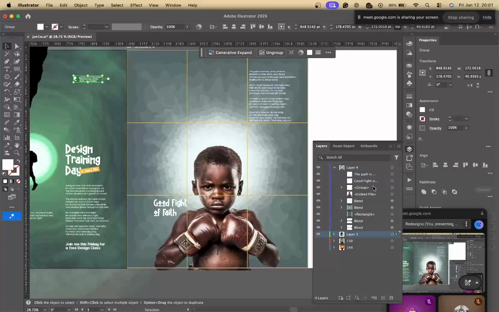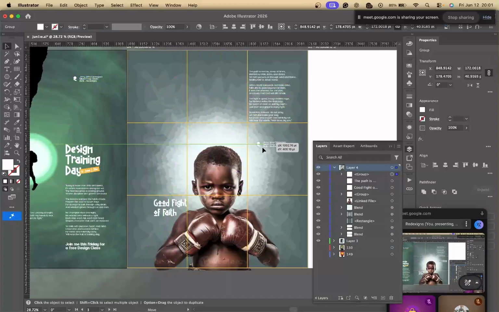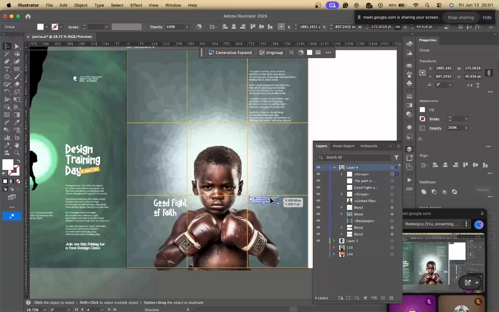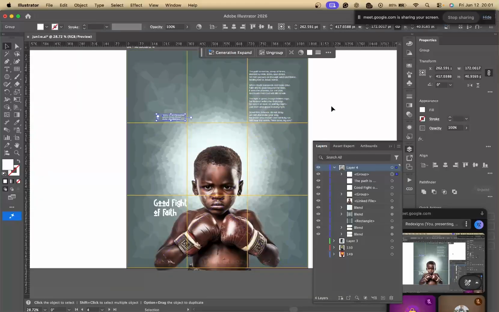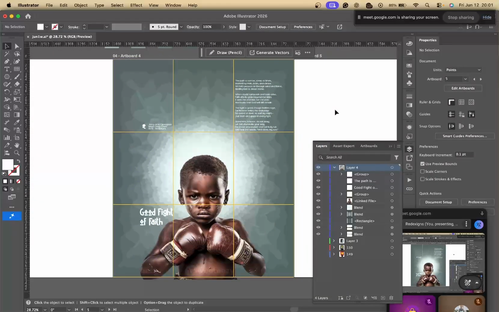I could also decide to introduce this content here. I'll duplicate that and place it there. I'll drag it to either this point. So if I place it here, it will be wonderful. If I place it here, it will also be wonderful. So what I will do, let me hide that. What I will do is that I will do this,